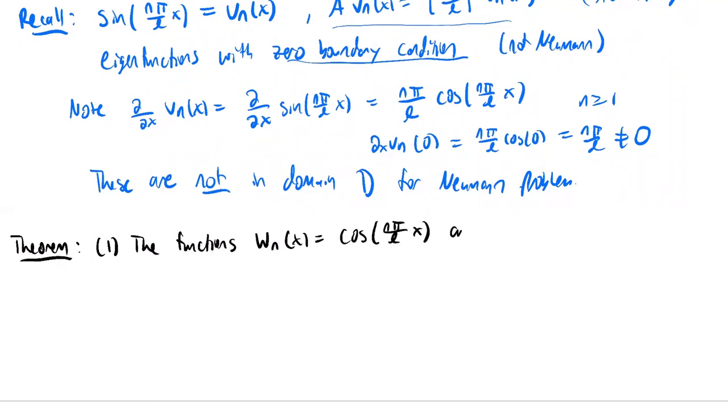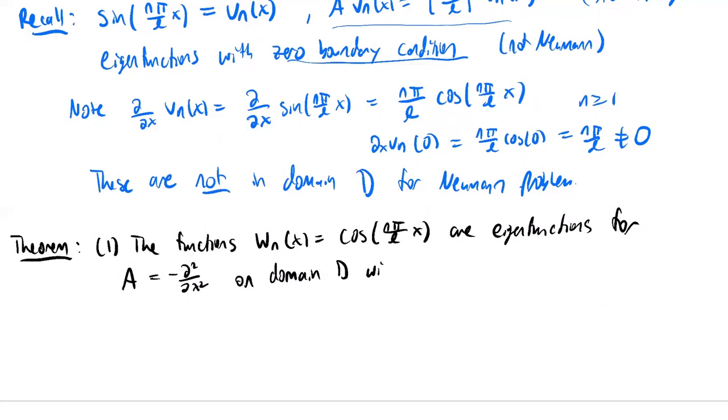So these are eigenfunctions for the operator A on the domain D with Neumann boundary conditions. That's the first part of the theorem, and then the second part is the orthogonality,